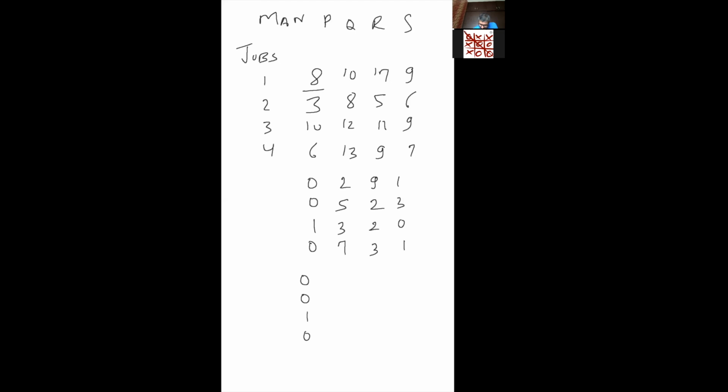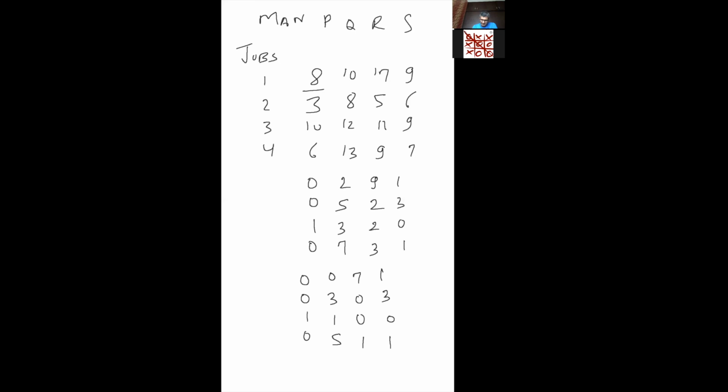In the second column, the minimum number is 2, we'll get 0, we'll get 3, we'll get 1, and we'll get 5. In the third column, we'll get 7, we'll get 0, we'll get 0, we'll get 1. In the last column, again 0 is the minimum number, so we'll get the same matrix. So we have done two steps. First is we have done the row reduction and then we have done the column reduction.